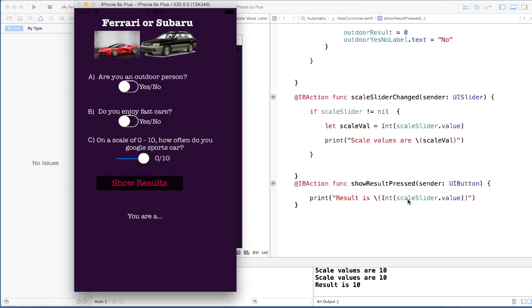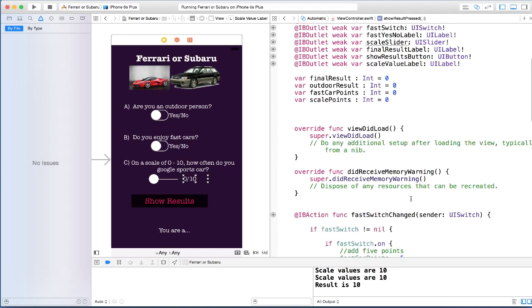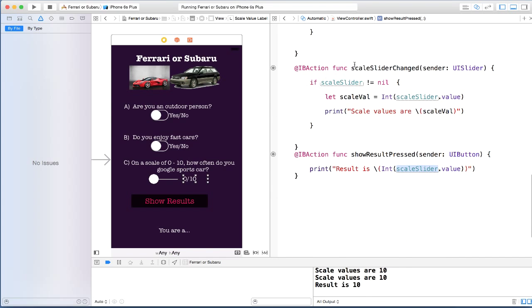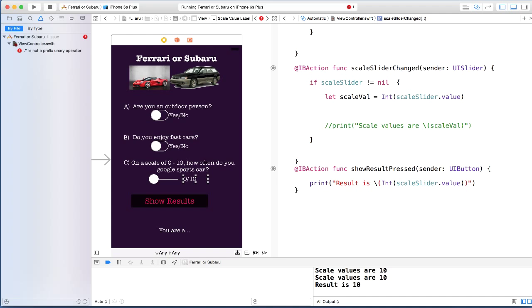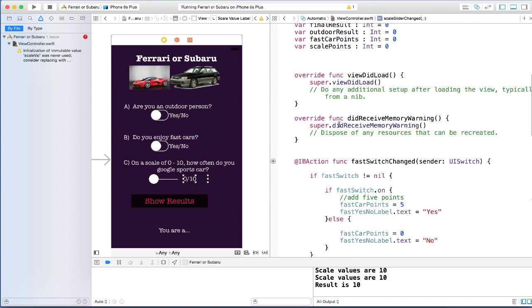That's good. That means we are able to actually fetch this scale slider value here, which we instantiated at the top here, scale slider. And at the same time, we are getting those values inside of our scale slider changed. So now we know we are able to get our values as needed. Also, we said here we want to be able to change this value here as they slide left and right. So the way we do this, let's go ahead and comment this out. Obviously, we're going to go ahead and fetch our label here, which I think we called, let's see what we call that label. We called it scale value label.